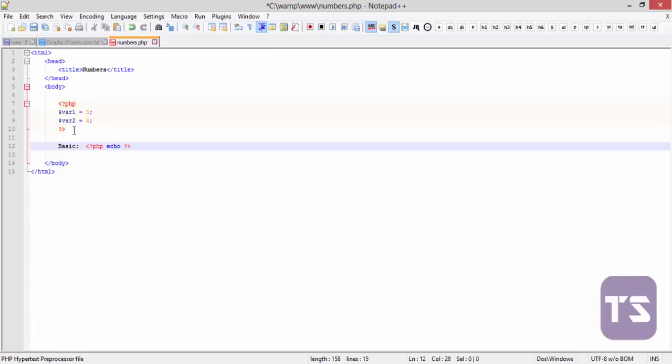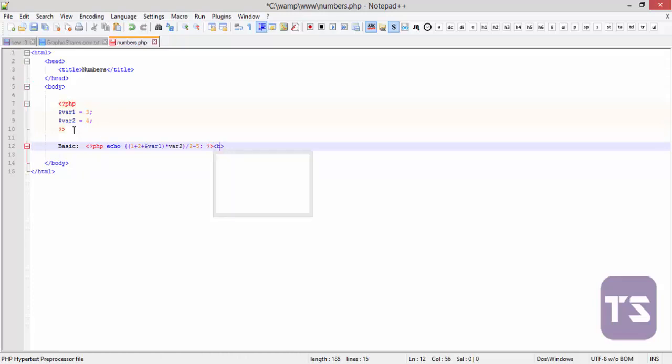Let's say 1 plus 2 plus var1 times var2 divided by 2 minus 5, for instance. Okay, so I'm just going to put my semicolon there to break it,